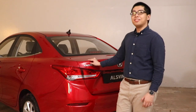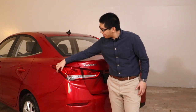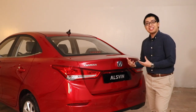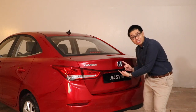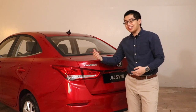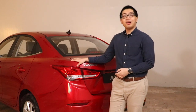Here at the rear of the alsvin, it's also as striking as the front and functional as well. We've got sleek-looking tail lamps here and an excellent part in the safety aspect. You've got your reverse camera right here, situated below the emblem of the Changan alsvin. And as support, we've got 3-eye parking sensors. So para hindi na tayo masyadong mahihirapan sa mga parking spaces. For example, at malls, supermarkets, or any of those tight parking spaces, the alsvin is there to help us